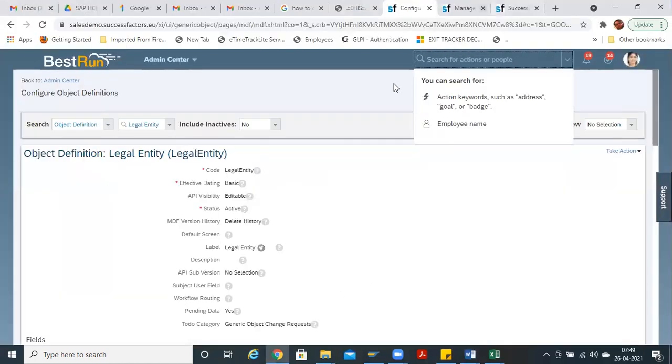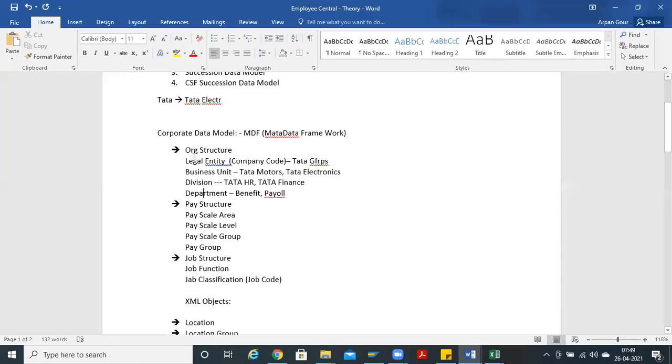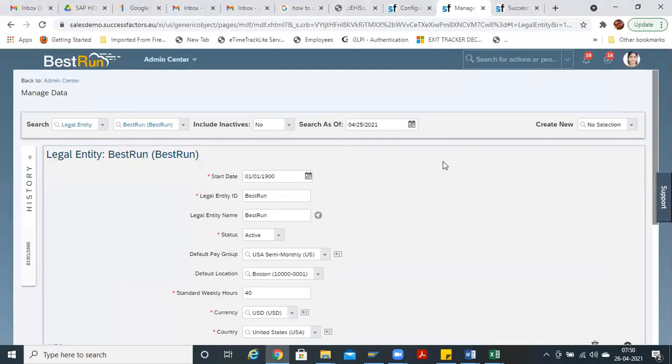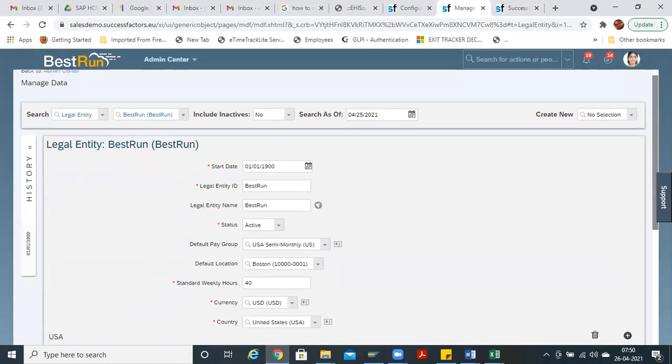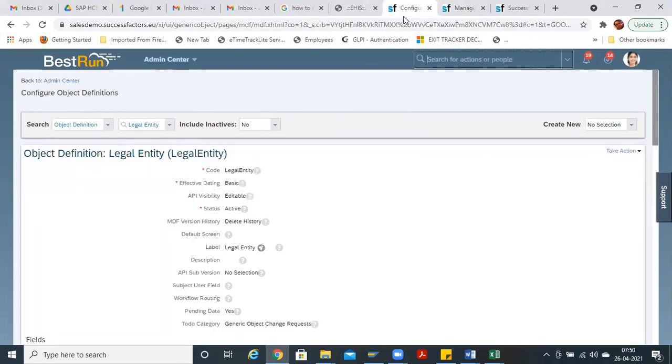In legal, these are the standard MDF objects which we are dealing with. Similarly, in business unit, there is no need to configure the legal entity again completely. If you want to make fields available, for example, this legal entity ID is there, and the company wants to name it as company code, then you can just go ahead